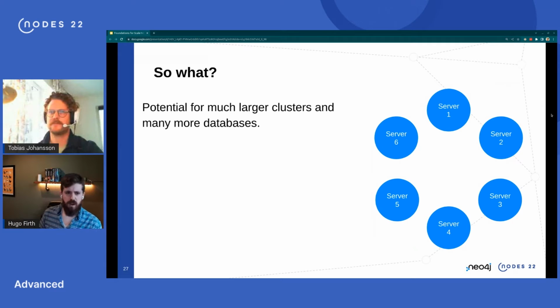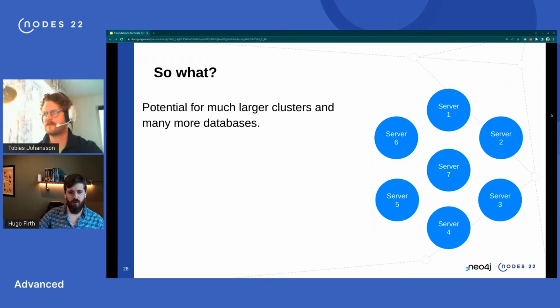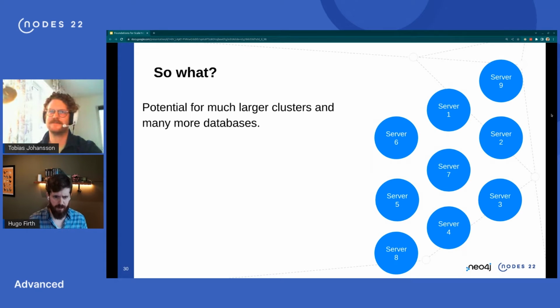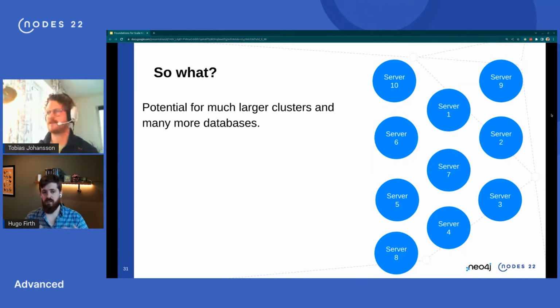Remember what I said earlier about having all of the copies of your databases on all of your servers. That meant that if you wanted to have 10 servers, then you had 10 copies of every database, and you ran into some inherent scaling limits. So your clusters were of limited size. Now that's not true, because some of those databases are disjoint. They exist on only a subset of servers. So you can have far more servers within the same cluster with the same authentication, with the same procedures, et cetera, et cetera. So you can scale up, but you can also scale back down again,